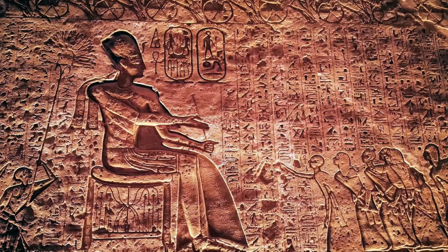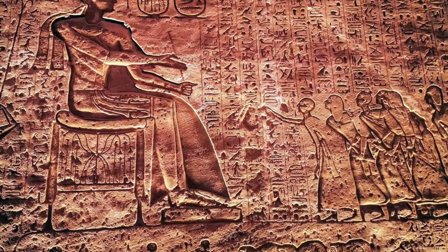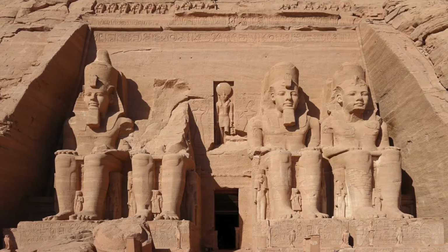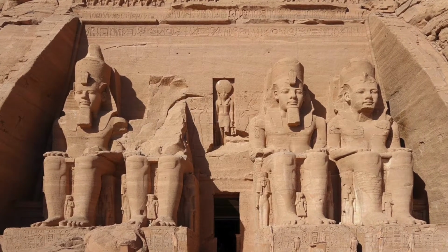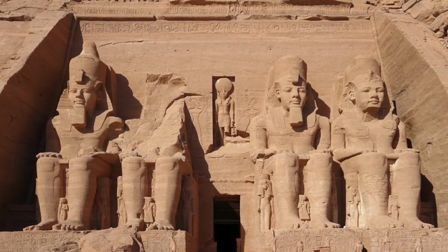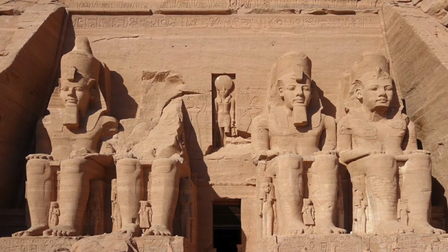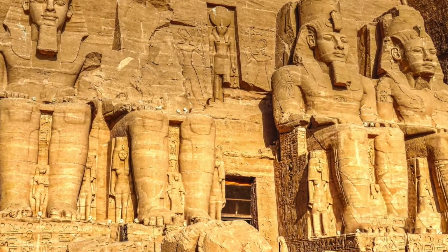Some of these festivals are still around today, and one of the best known of these is the Abu Simbel Sun Festival. This festival takes place twice a year in February and October. The event takes place at the Temple of Ramses II in southern Egypt and has been taking place for over 3,200 years. The temple was built by Ramses II between 1290 and 1224 BC and was constructed so that the